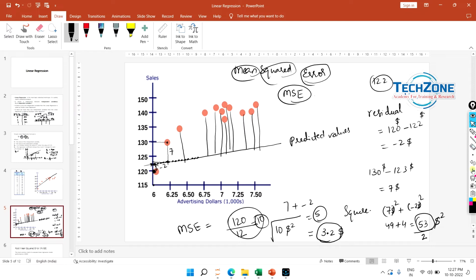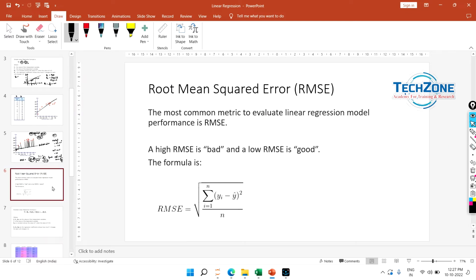Let me just clear the screen. Root mean squared error, also called RMSE. The most common metric to evaluate a linear regression model is RMSE. A high RMSE is bad for us and a low RMSE is good. Why is that? See,